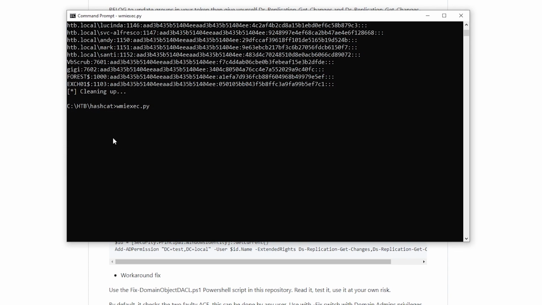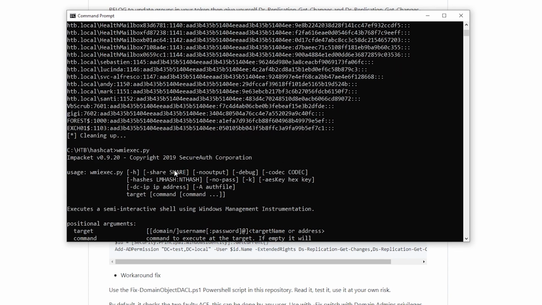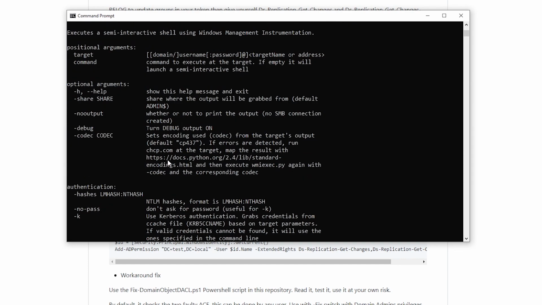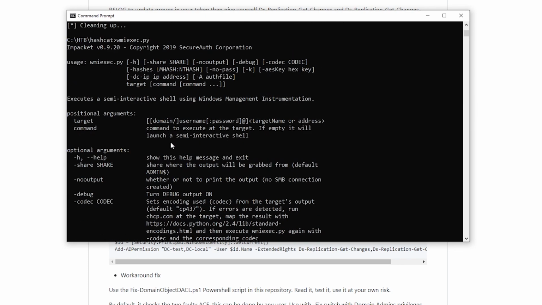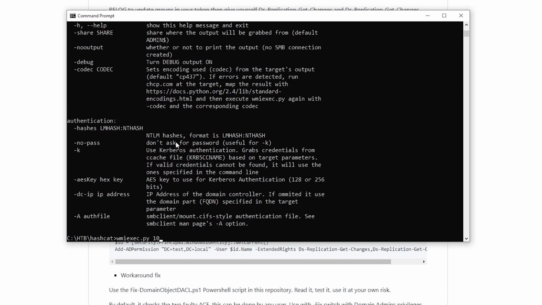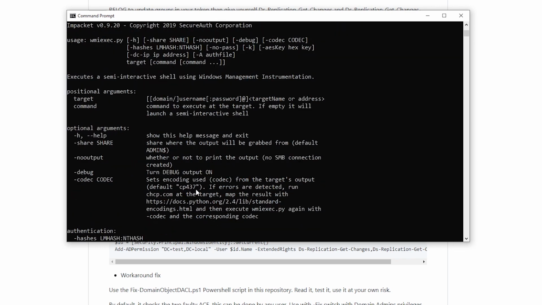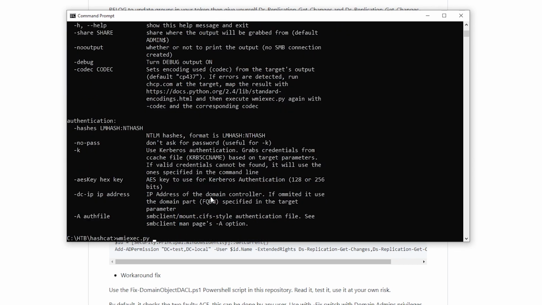Who knows what the syntax of this one is off the top of my head? I can't remember. So we want to just do target command. That's fine. I think you can leave the command out if empty. Yeah, it just does a normal shell. And -hashes is what we want. So we will do the target, which is going to be, we'll just use the IP address. And then does the target need to be, oh, it wants to be domain/username. Okay, so we'll do